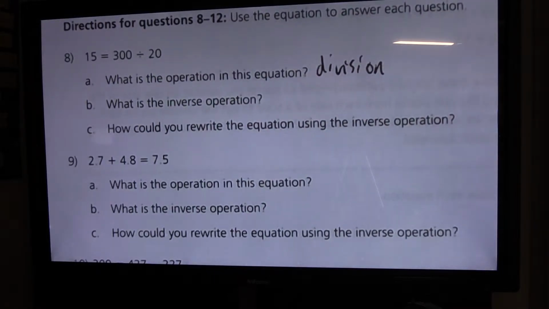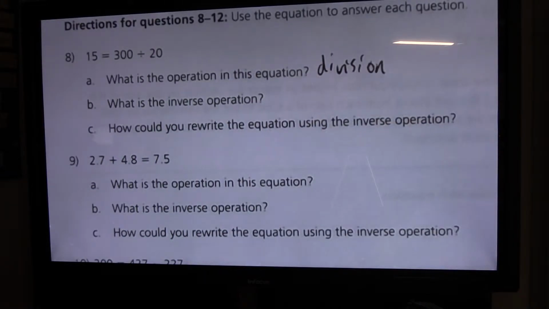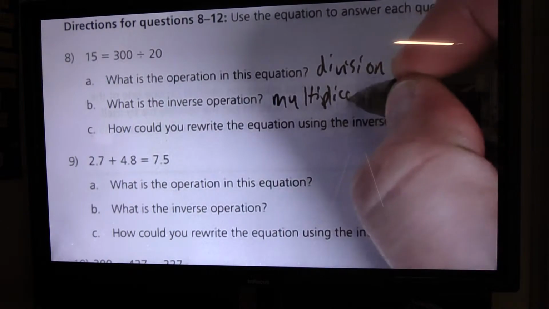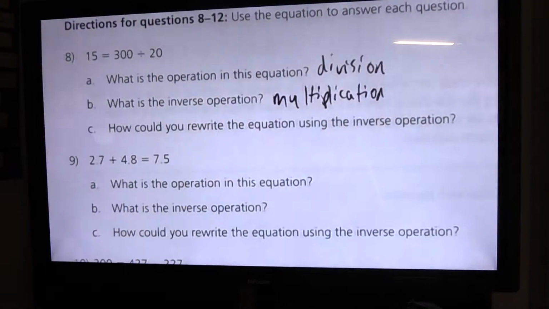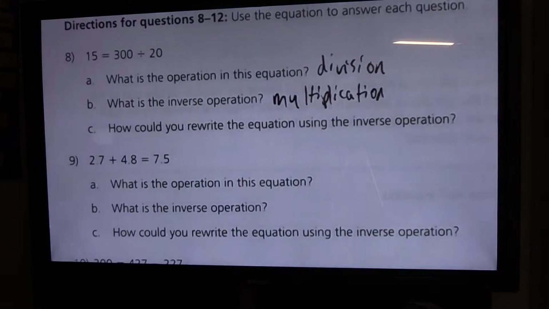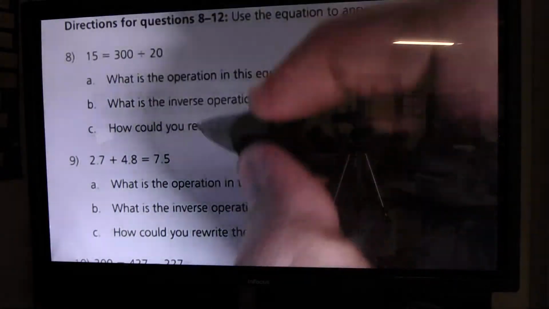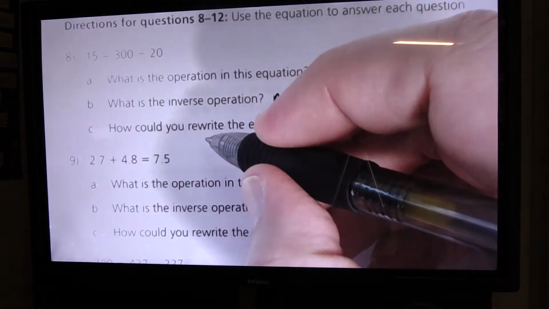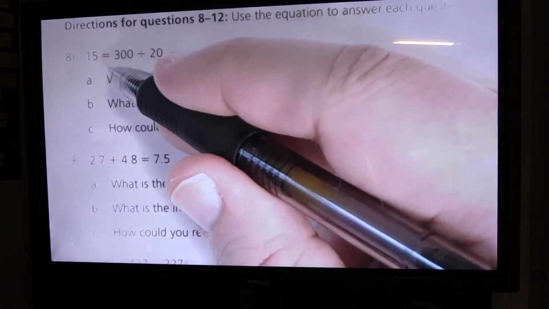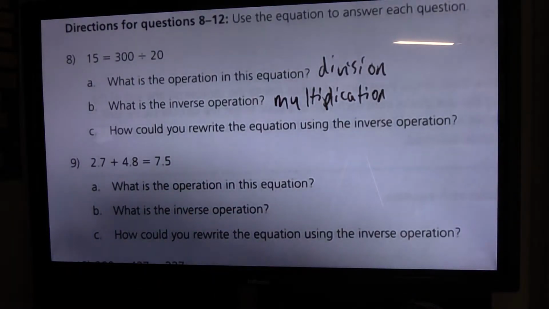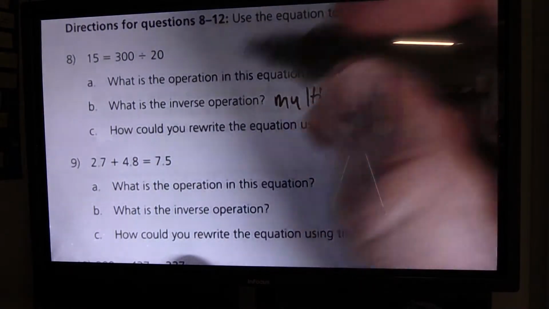The inverse operation would be multiplication. And C says, how could you rewrite the equation using the inverse operation? You could do it this way. You could say 300 divided by 15, I'm sorry, you got to multiply. Multiplying is what we're doing, so we have to force ourselves to multiply in this problem. So we could say 20